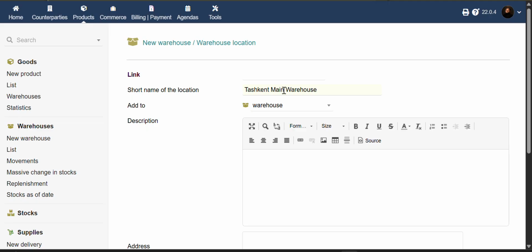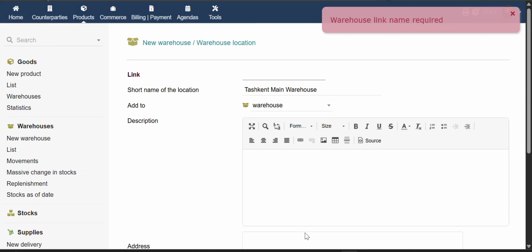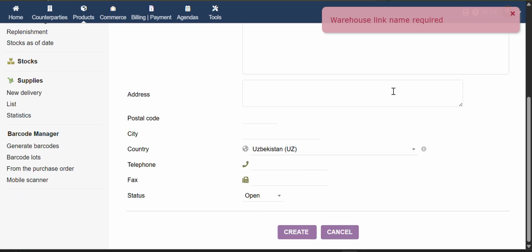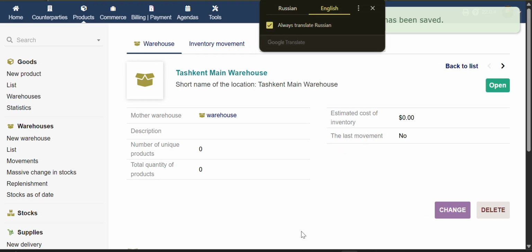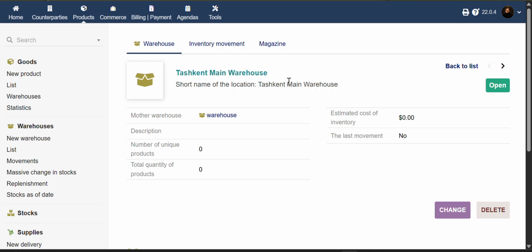Okay. So Tashkent's warehouse, we're going to click create. Okay. Link name is Tashkent warehouse. Tashkent warehouse. Now we're going to create it, and now our warehouse is created. Okay, so first we are going to see